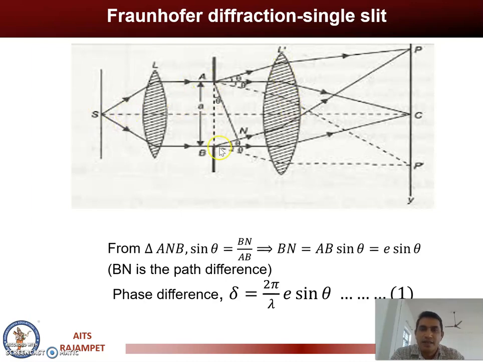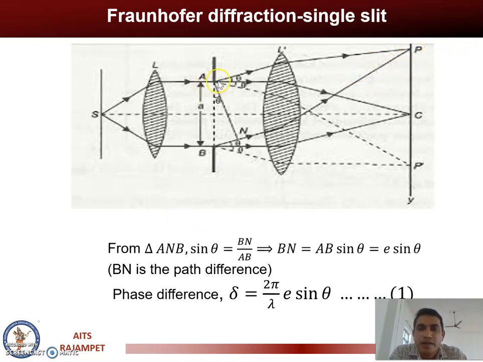When light falls on the slit, it is diffracted and we can see the diffraction pattern on the screen Y. If all the rays or wave fronts are diffracted with theta equal to 0 angle and they constructively interfere at C, then we can see the maximum intensity diffraction pattern, and we can also call it the principal maxima. If diffracted wave fronts diffracted with angle theta interfere constructively at P, then we can see another diffraction pattern, which we call secondary maxima.